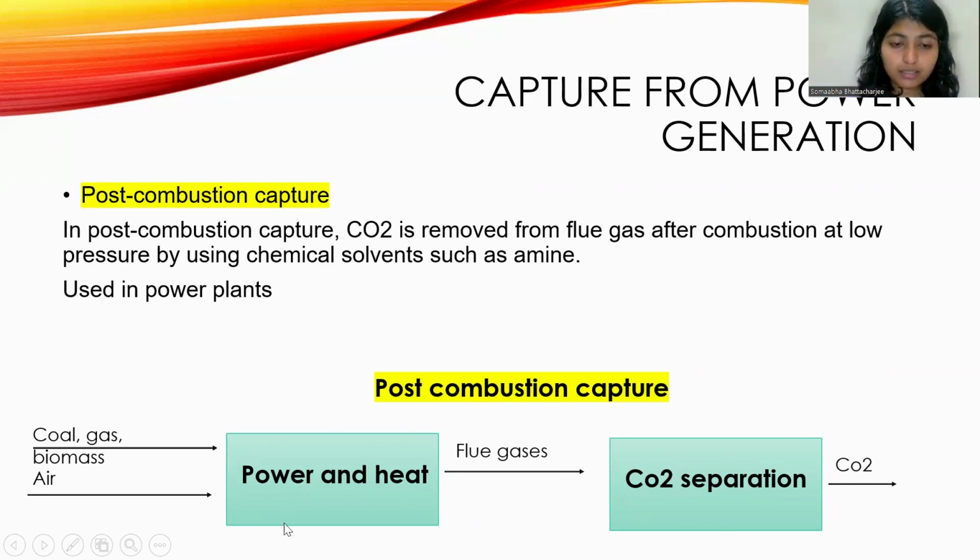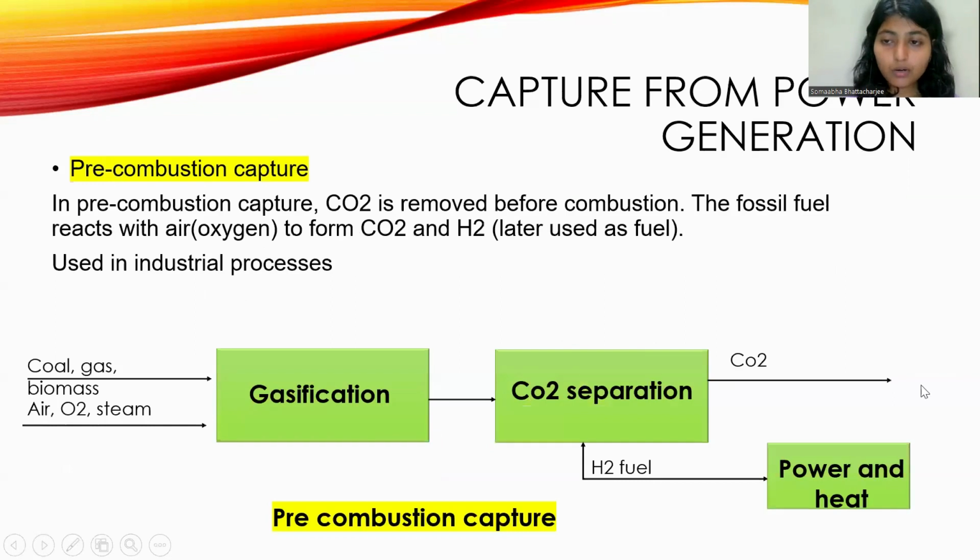So in this process, in the power and heat process, combustion occurs, and then we get separated carbon dioxide. Now talking about this process, this is the pre-combustion chamber. In pre-combustion capture, carbon dioxide is removed before the combustion process. As the name indicates, it is pre-combustion, so we get to know that the carbon dioxide gets separated